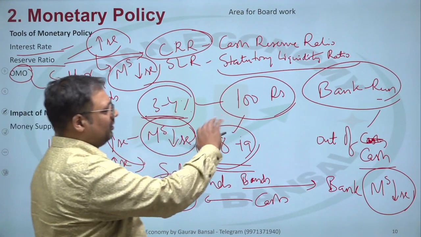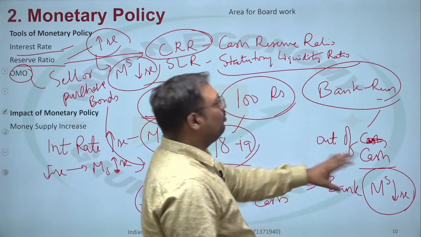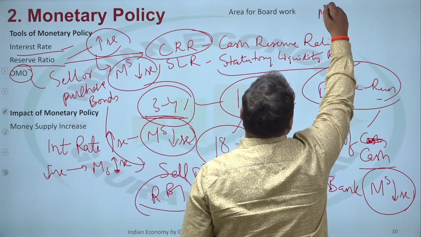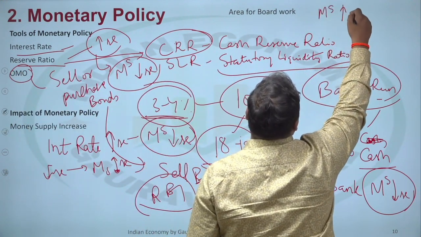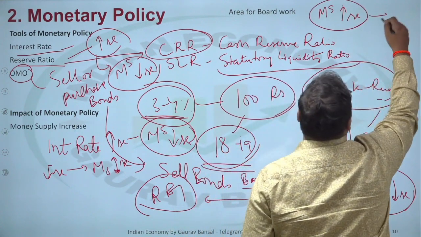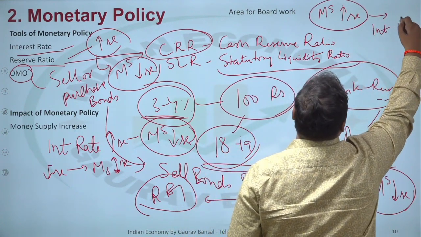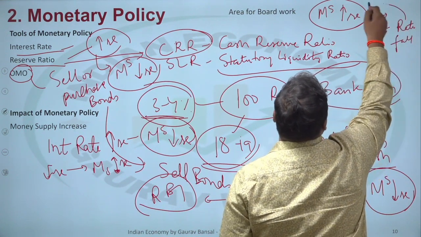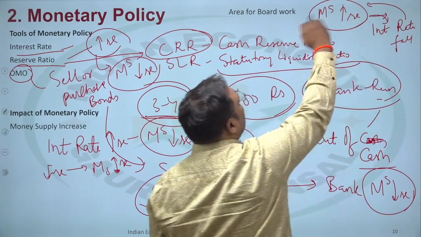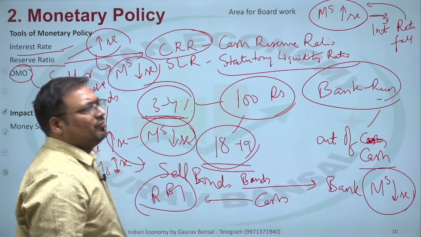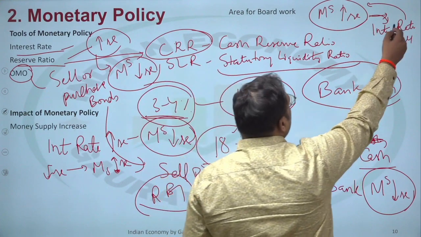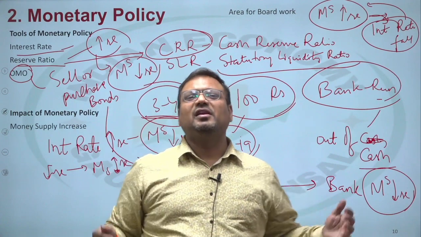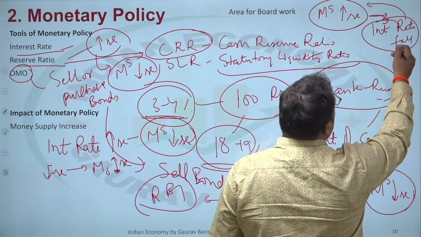Now let us move ahead. We have discussed the impact of these tools on money supply, but what happens because of money supply? If money supply is more, then interest rate falls, or if interest rate falls, money supply increases. So they both lead to each other, and they fulfill each other. So when any of these happen,